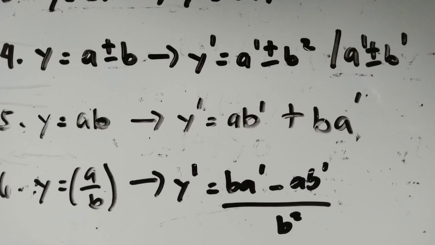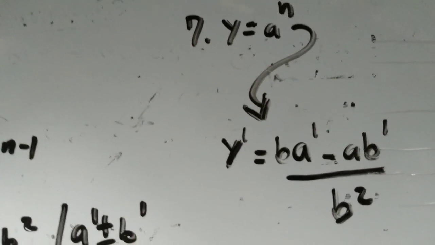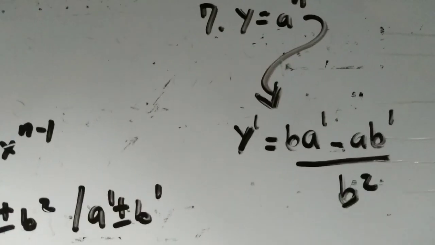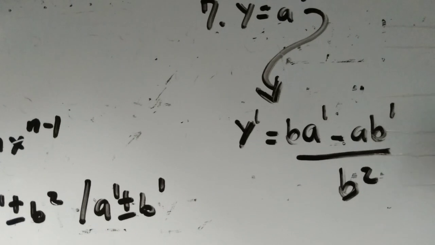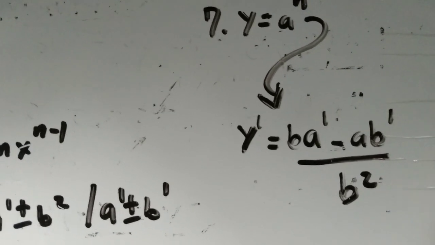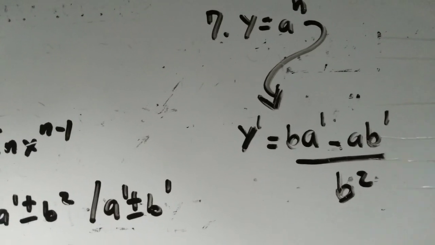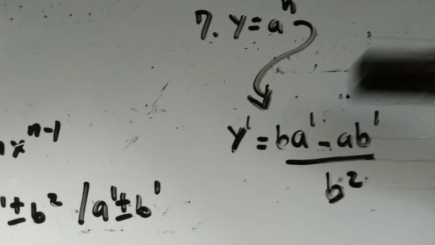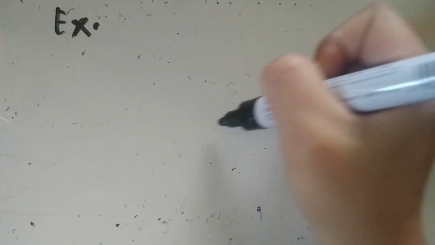And lastly, we have number 7. So y equals a raised to n. So this will be the basis or formula we're going to use to find its derivative. We just find the derivative first at a and